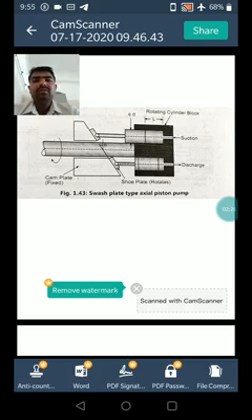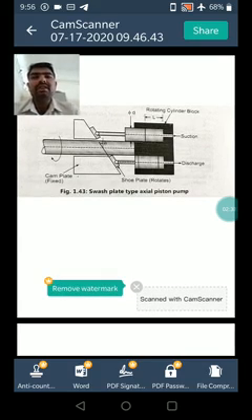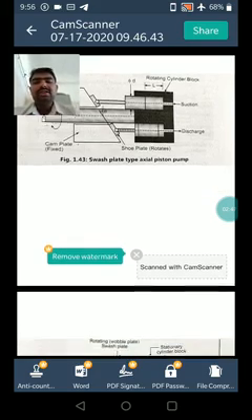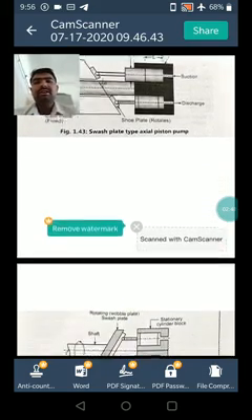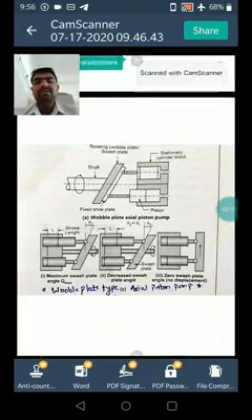And for a fixed speed of rotation of the shaft, the greater the angle of inclination of the swash plate with the vertical, the greater the flow rate of the pump, due to the greater stroke travel for each piston. This is how the swash plate type axial piston pump works.